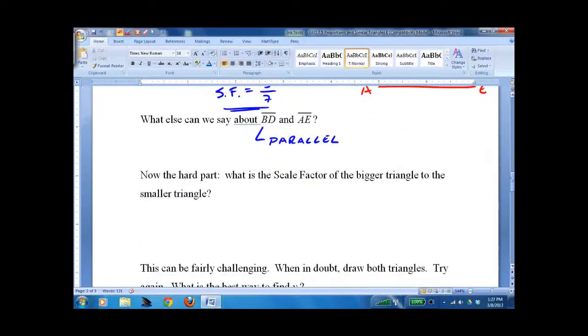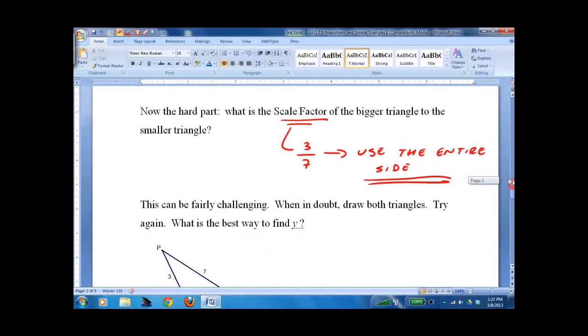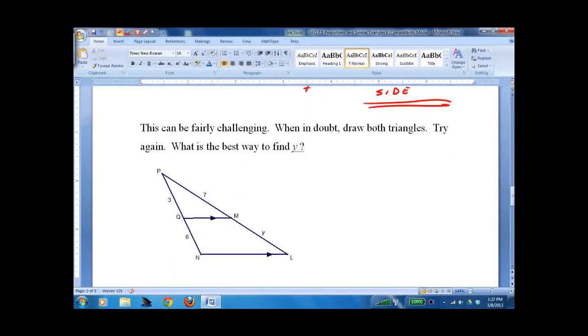So, like I said, the hard part is the scale factor. We just showed it's 3 over 7. And the key for that is to remember to use the entire side. So this is kind of hard, but when in doubt, draw both triangles. So what's the best way to find y? Well, if you look at this,